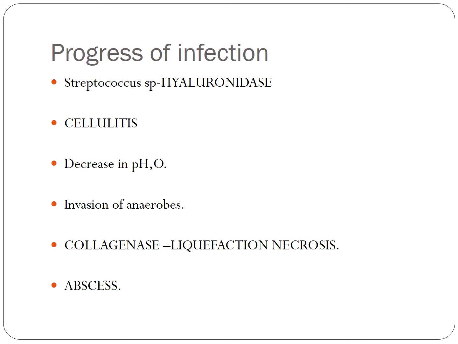Now once anaerobes are in the scene, they secrete an enzyme called collagenase. As the name implies, collagenase will destroy collagen, which leads to liquefaction necrosis, resulting in dead tissues and dead WBCs, resulting in formation of pus. A collection of pus is called an abscess. So this is how an infection progresses. So first cellulitis sets in, and following that, because of the action of collagenase and liquefaction necrosis, abscess is formed. So don't be confused. First comes cellulitis followed by abscess.